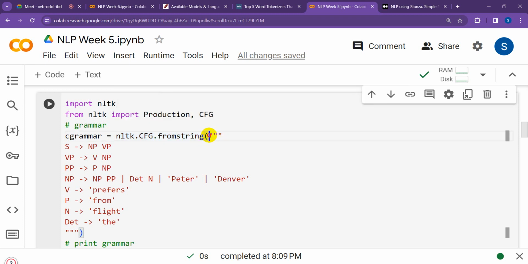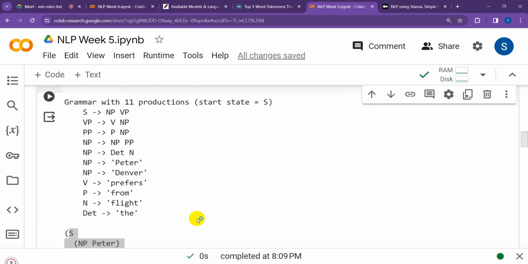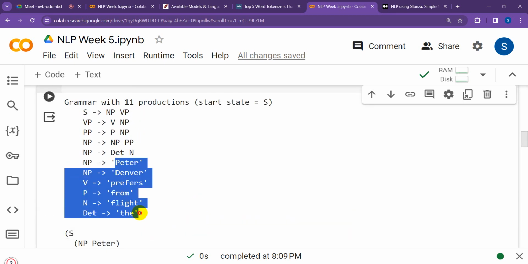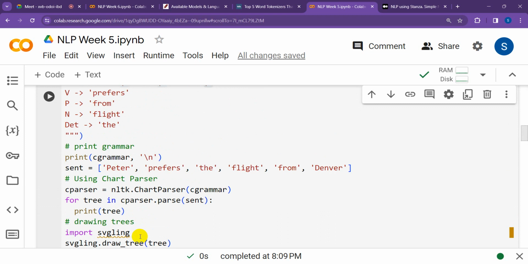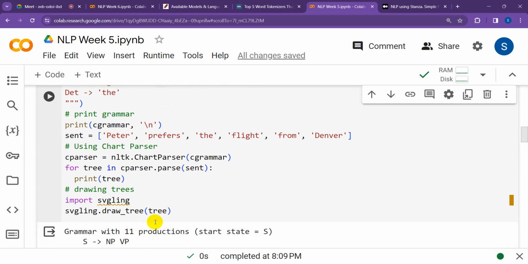And then this stands for the multi-line comment, and I'm defining all the production rules here. See, here I wrote it like this only with the help of these pipe symbols, but when I'm printing the grammar, it is printing it out as separate rules. This is one thing that you can take notice of. Then the sentence I'm giving in the form of tokens only, and then I'm using the chart parser algorithm to iterate over this grammar and print how this tree should look. And to draw this tree,